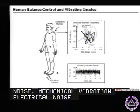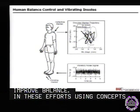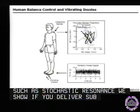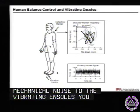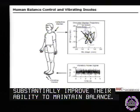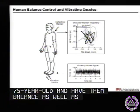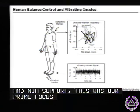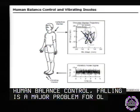So in these efforts, using concepts such as stochastic resonance, we were able to show that if you deliver subsensory mechanical noise to the soles of subjects' feet via vibrating insoles, you could substantially improve their ability to maintain balance. So much so we could take a 75-year-old and have them balance as well as a 20-year-old. And the significance for that, and we actually had NIH support, this was our prime focus in my initial R01, was on human balance control, is that, as many of you can appreciate, falling is a major problem for older people. About 1 out of 3 people fall each year, and with about 15 to 20% of such falls resulting